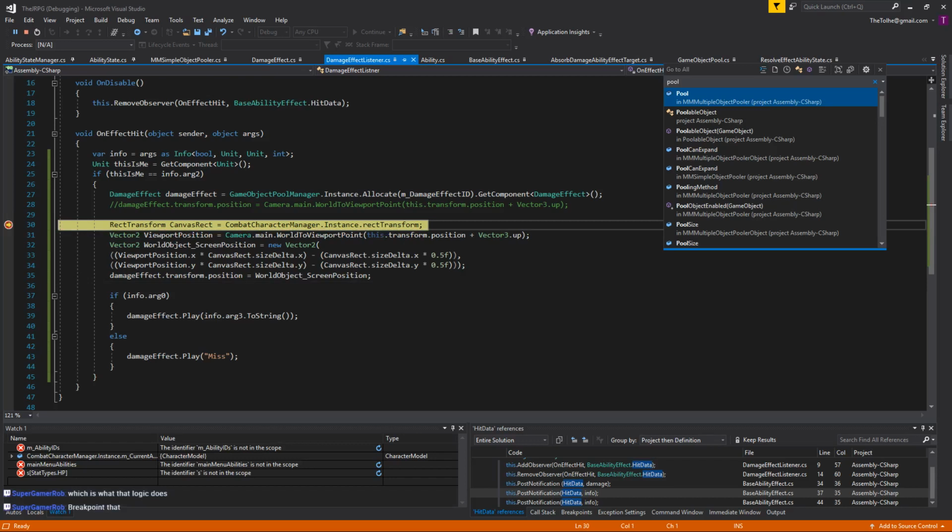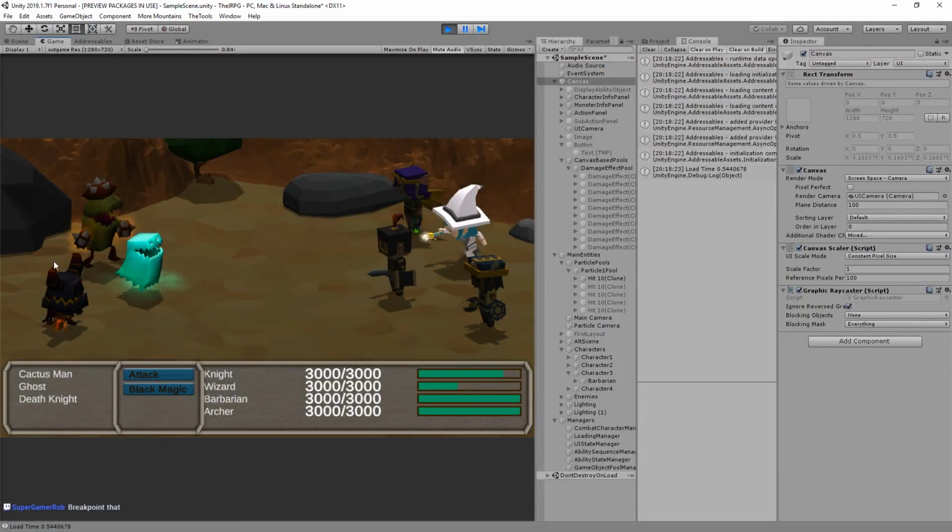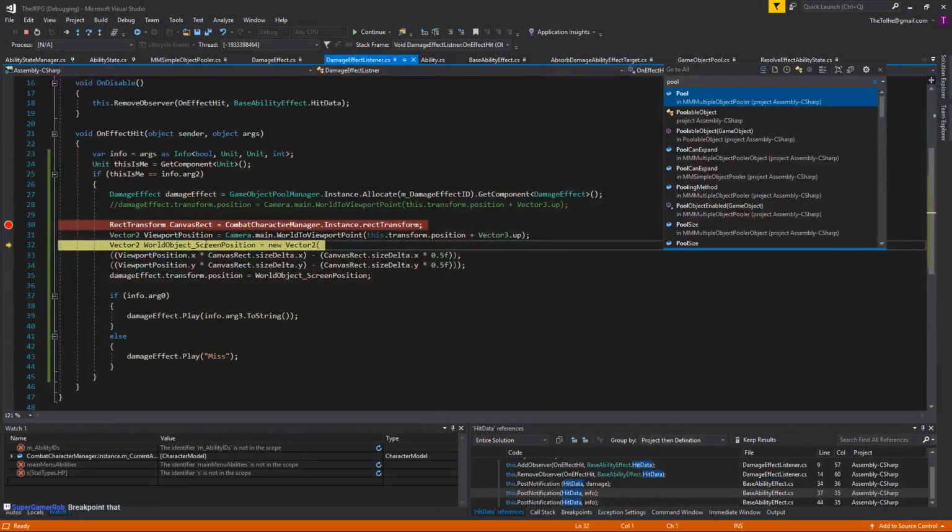All right, working through the math. So we get back a position, which is the percentage it is in the world. So 0.3 is the width, so it's about a third of the way through the screen, which if we give this whole length, that seems about right. So it's about a third. So then we go, okay, well, the character is about a third of the way. Then we go canvas rec size delta, which is x, is 1280. So if we times that by the viewport x, then we get 344. The viewport x over here is 640. So putting those two pieces together, we get